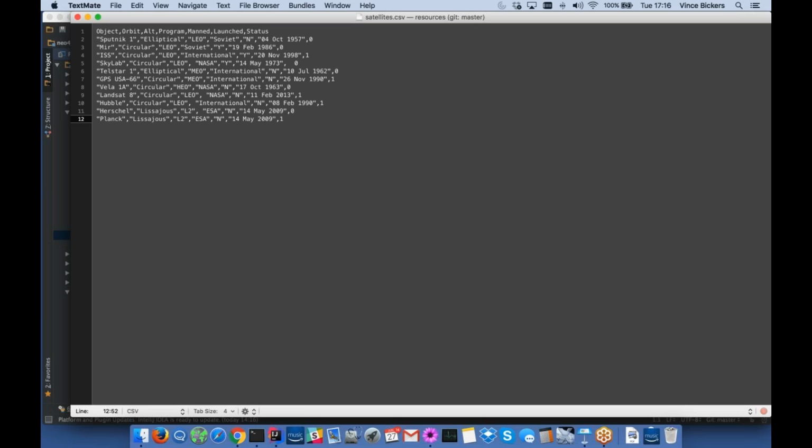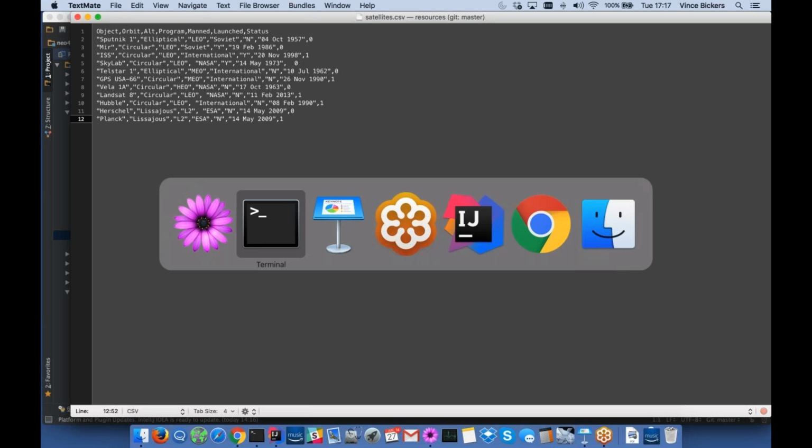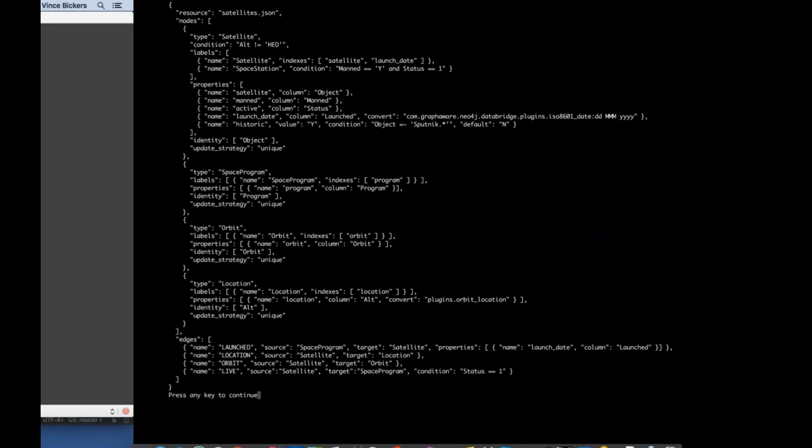So here's our satellites data. You can see we've got a number of 11 or so satellites, and you can see the column names across the top: object, orbit, alt, program, manned, launched, status, and so on and so forth. It's a very small set of data, but what we want to do is look at the mapping file for